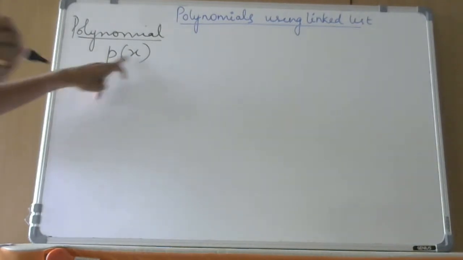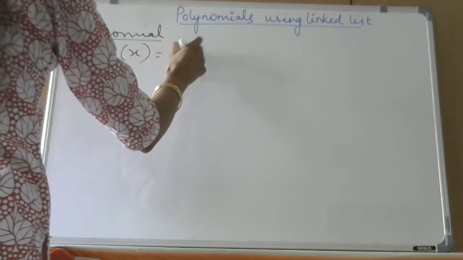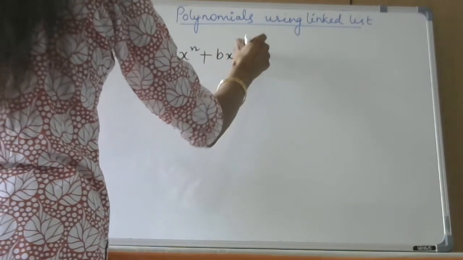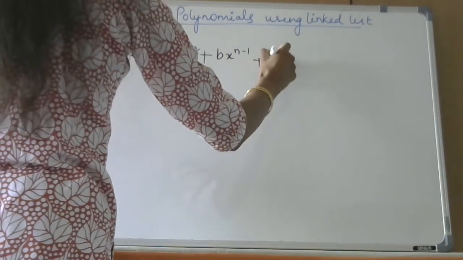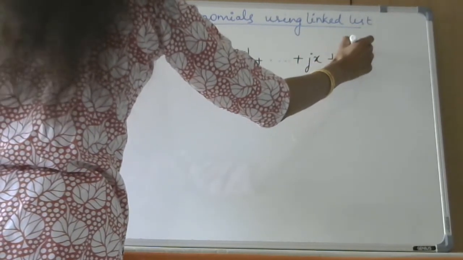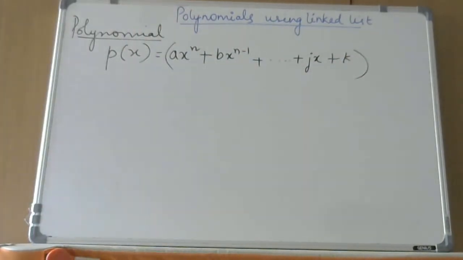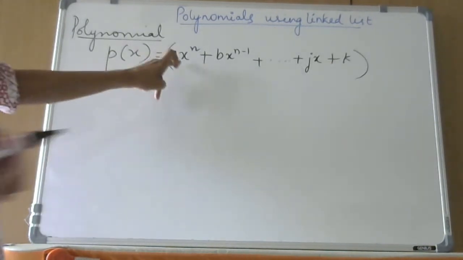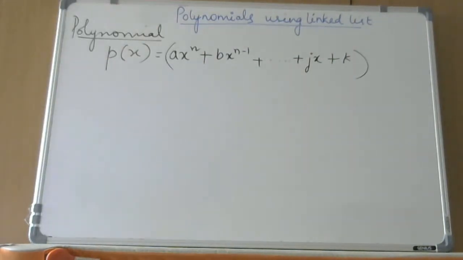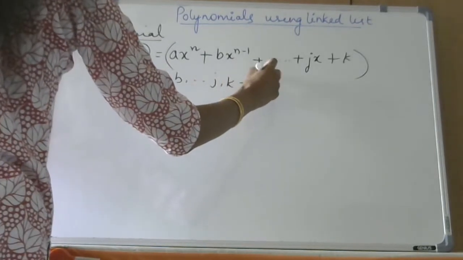It is going to be an expression in variable x of the form p of x is equal to a x to the power of n plus b x to the power of n minus 1, plus you go on like that up to, let us say, j x plus k. This is how a polynomial is represented. All these a, b and so on, j, k,